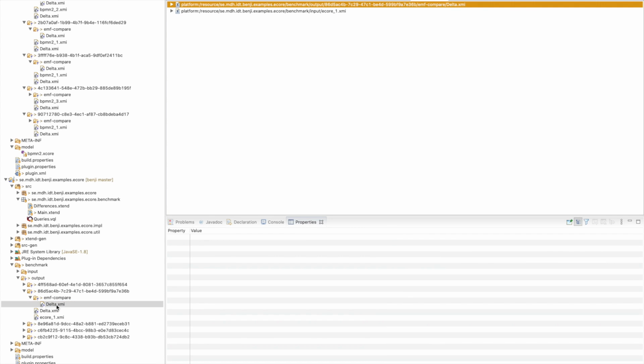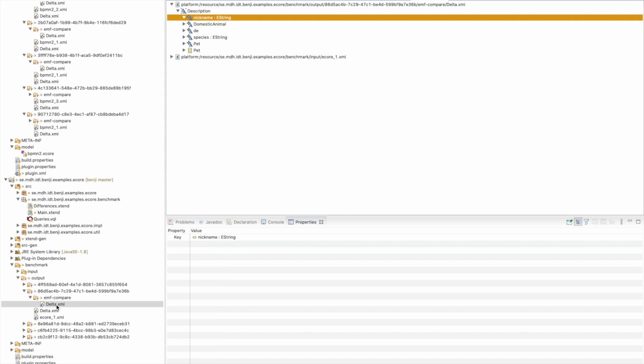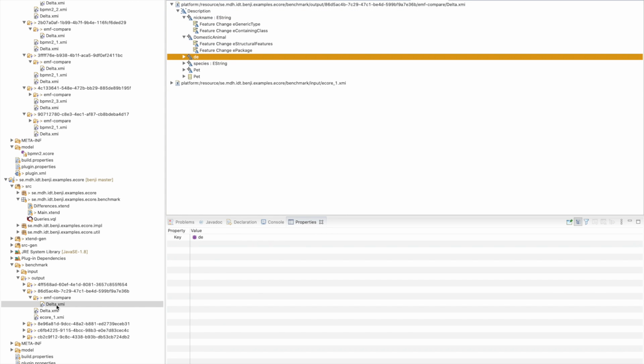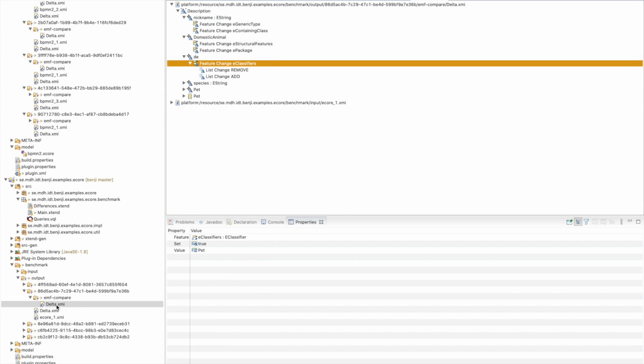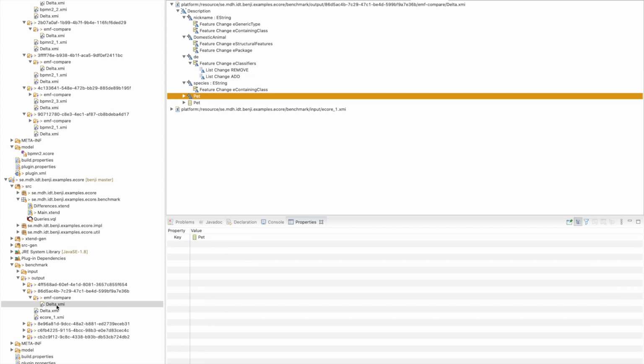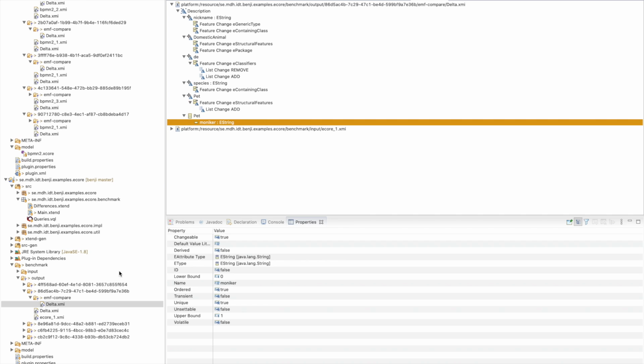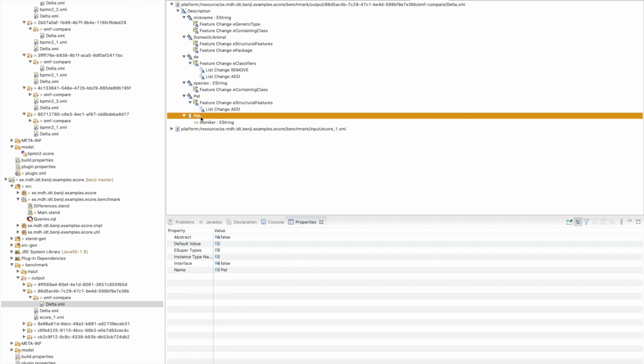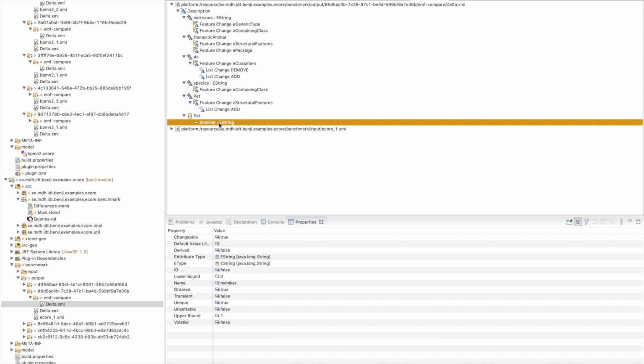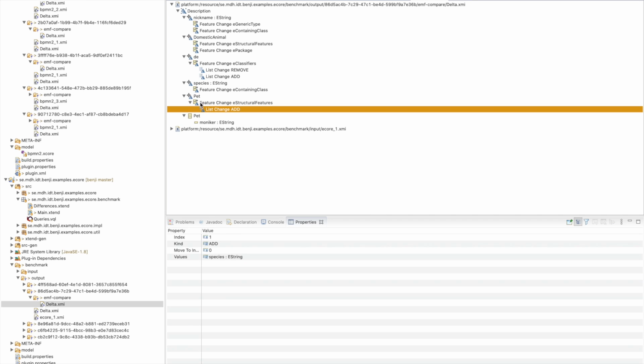However, unfortunately, we can see that EMF compare is not able to detect this difference, but rather it describes the difference in terms of insertion and deletion. More specifically, according to EMF compare, we have a new pet meta class with a moniker attribute, and in this pet meta class we also add a species attribute, which is